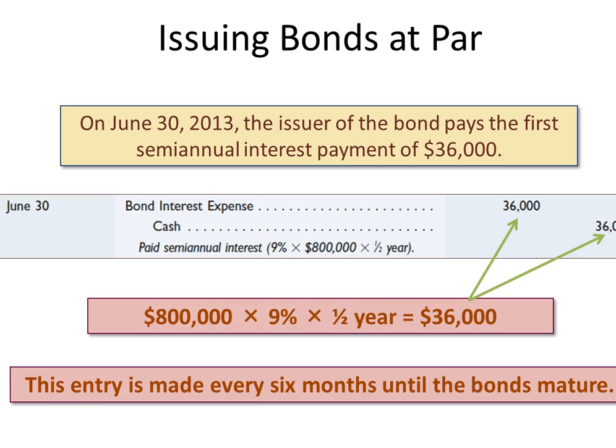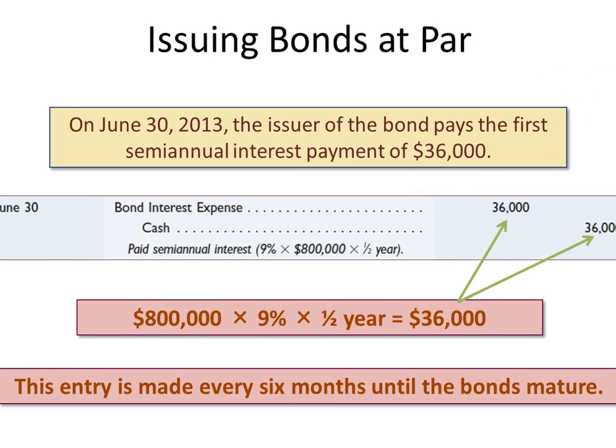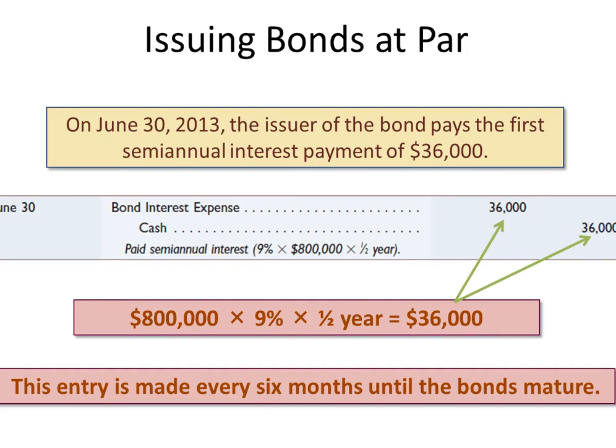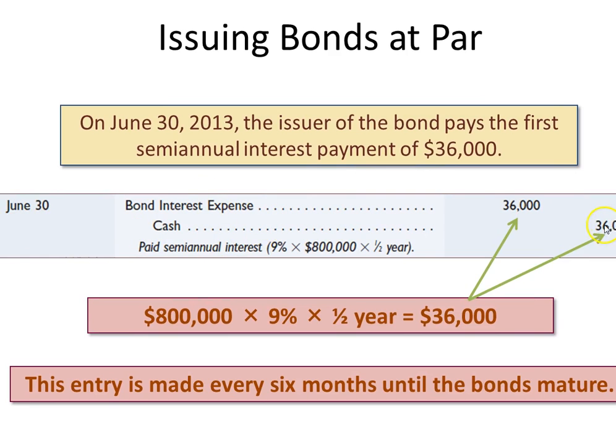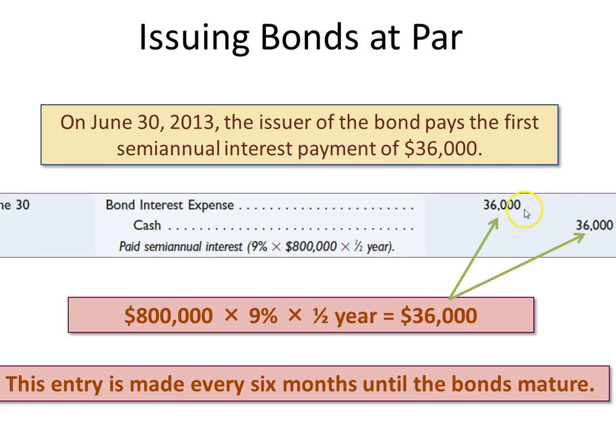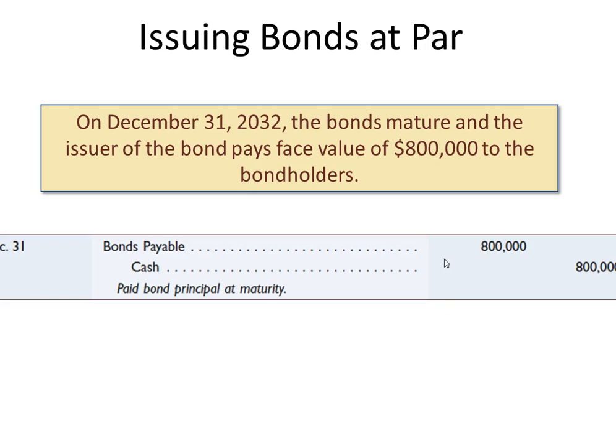6 months goes by, and now you have to pay the interest. So it's fairly straightforward in the beginning here. Let me expand this out. There we are. The interest payment is going to be made every 6 months, and you're going to deduct cash, $36,000, and you're going to charge bond interest expense. This will be on your income statement here. This will be your balance sheet transaction. And then typically you're going to put your footnote here. You'll pay semi-annual interest and so forth. Fairly straightforward at this point. It will, like I said, get more complex.